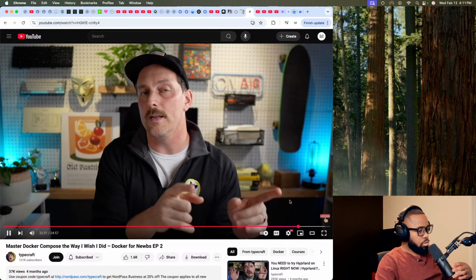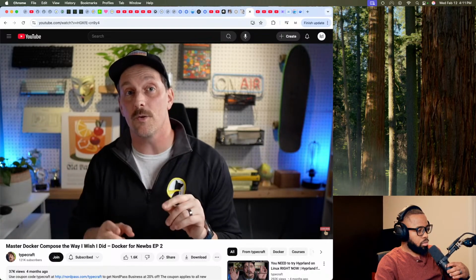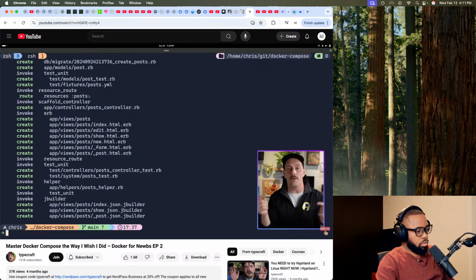So this is our web service telling us that we need to run a migration, and this migration is going to happen on the DB service. So let's see if this can work. This will tell us if our Rails environment is correctly set up and communicating to our database environment. So to run a db migrate, we want to run docker compose on our web service, bin rails, and again,